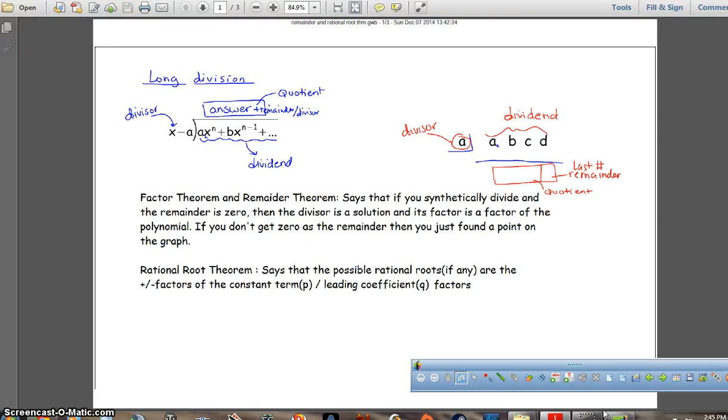Alright, so we're doing factor theorem, remainder theorem, rational root theorem. We've got some vocabulary here at the front. The top of this page, long division, you know that what you're dividing by is called your divisor. What you're dividing into is your dividend, and then your answer is called the quotient. If you look at it synthetically,